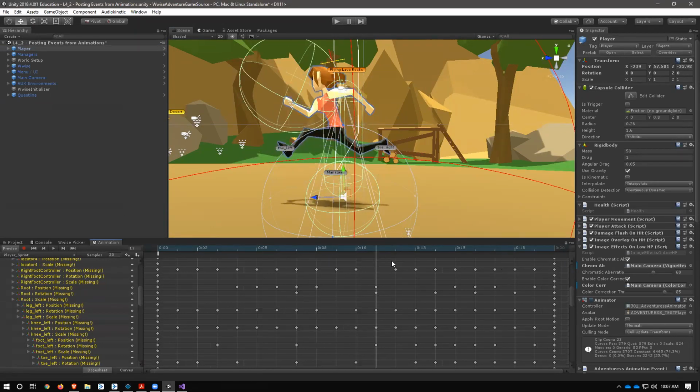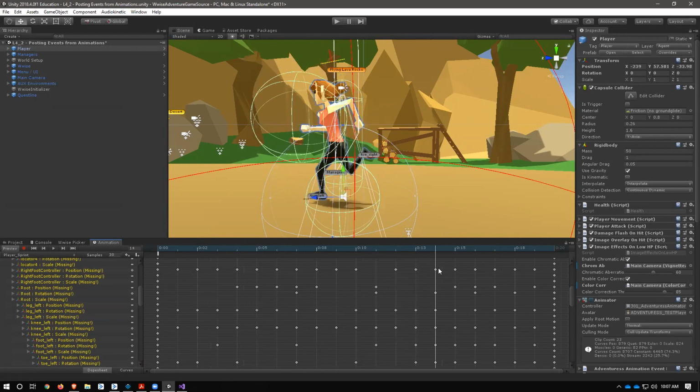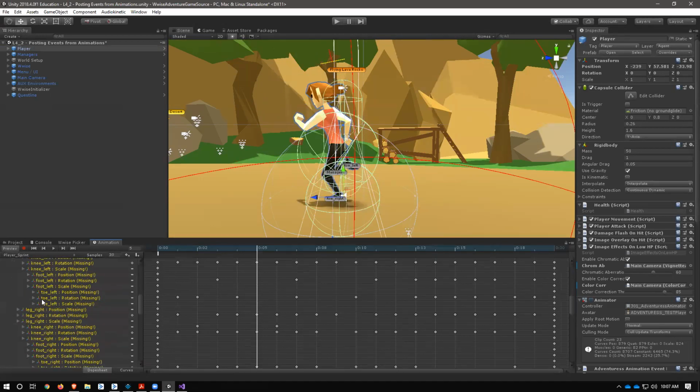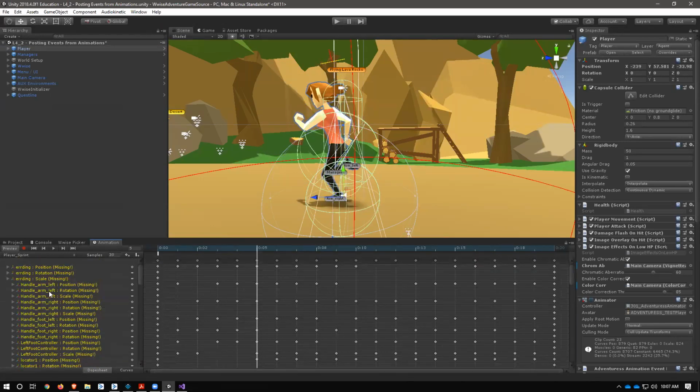And then it looks like there's another one right there. Yeah, it could be either 14 or 15. We'll try 15. So let's start here. And we don't have to worry about any of this stuff down here. This isn't really important to us. What we do care about is this timeline right here, right underneath the timeline. If it's say add animation event,